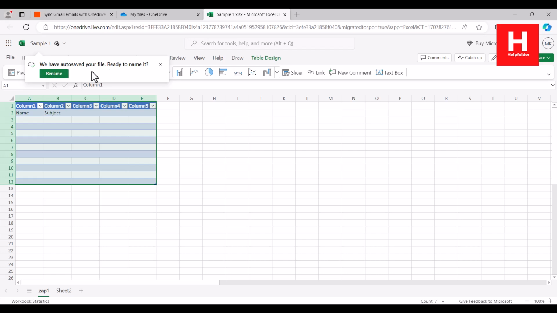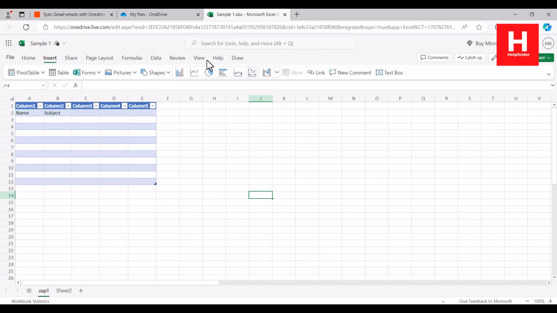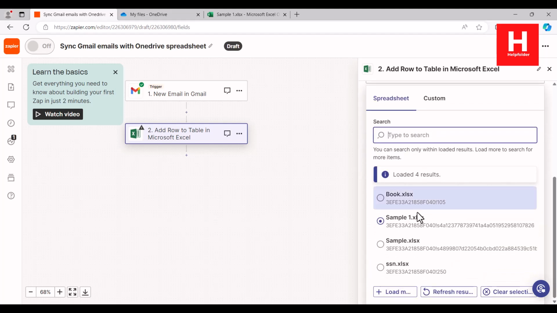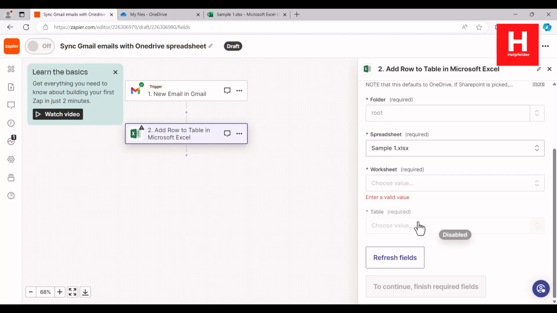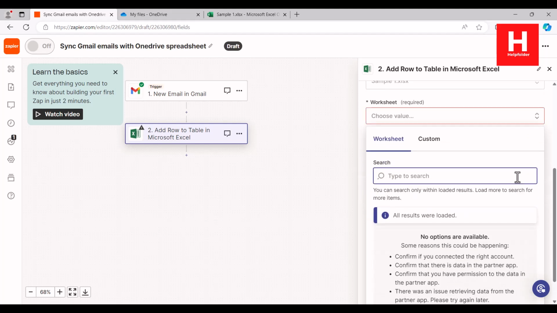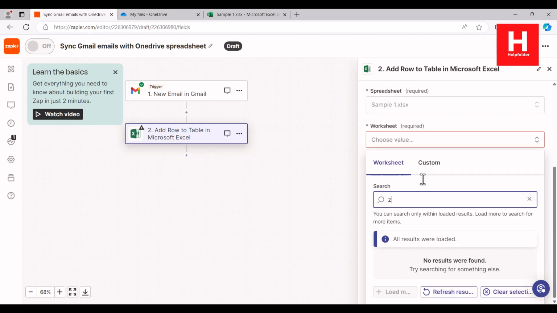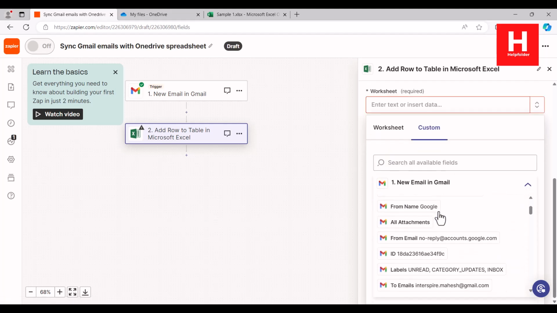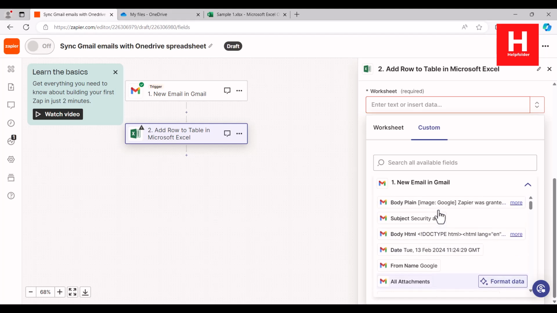Okay, now just come in here and we have sample one, right? And then all results loaded. So there seems to be an issue with, let's see, Zap1. If it doesn't show that, I will just add that one to from name as,